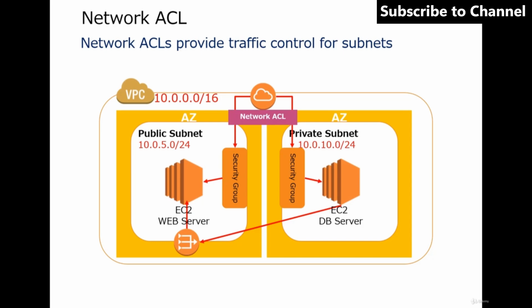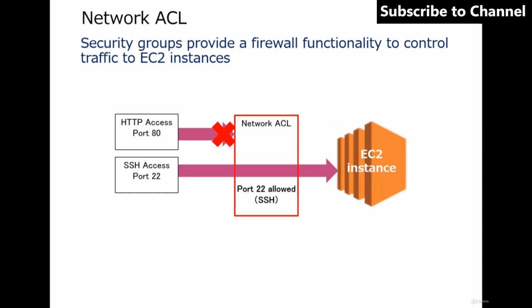Security groups control communication traffic to your EC2 instances, and network ACLs control the communication traffic for subnets in your VPC. In this lecture, we will mainly be working with network ACLs set in the VPC. For example, if HTTP traffic is not allowed, you'll not be able to view web pages. When you browse a website, you will see HTTP or HTTPS written in the URL. If this HTTP or HTTPS communication is not permitted, you will not be able to access the website from the